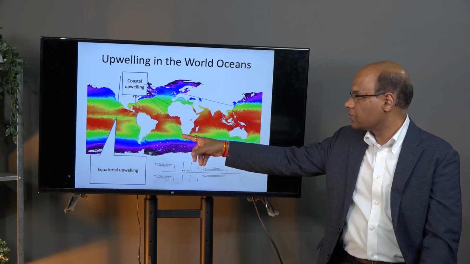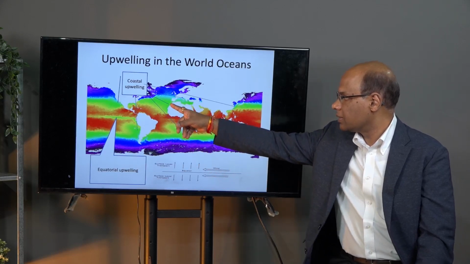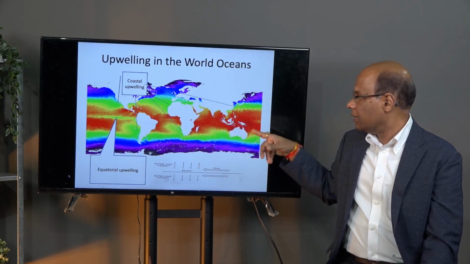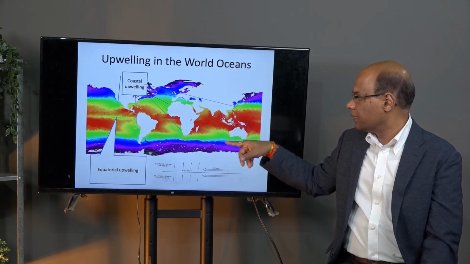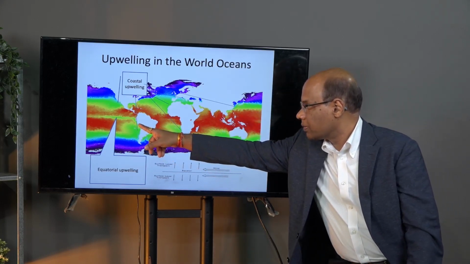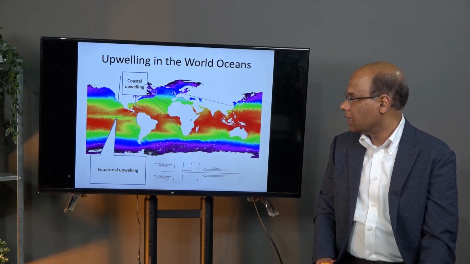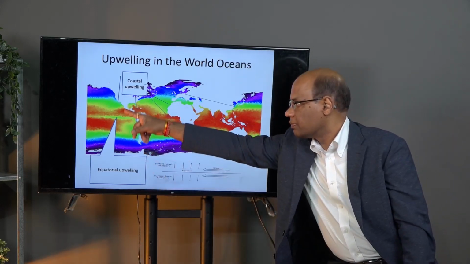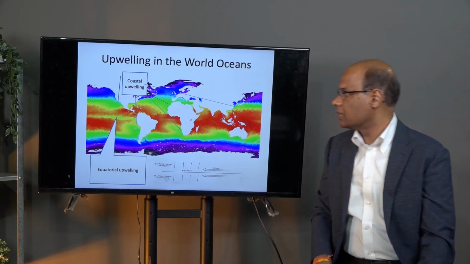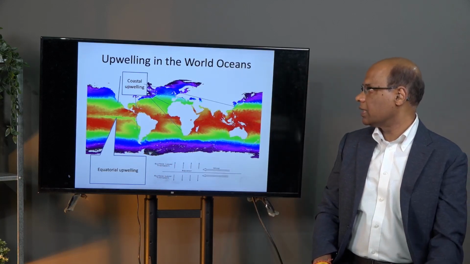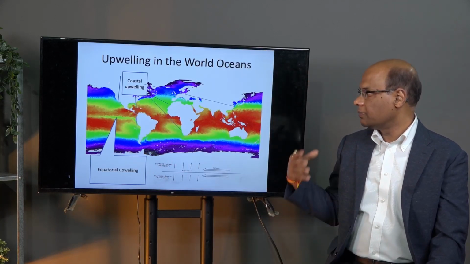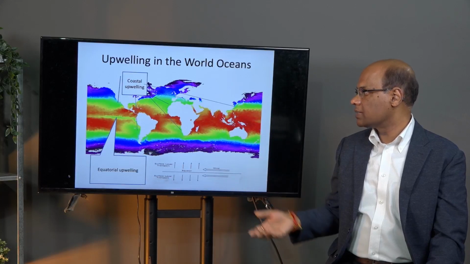The African coast, western side of northern Africa, some parts of Asia, and then the Peru coast, the North American coast, and also the equatorial region where the winds also influence the upwelling there. So these are the regions where you have strong upwelling that influence both climate as well as the ecosystem,